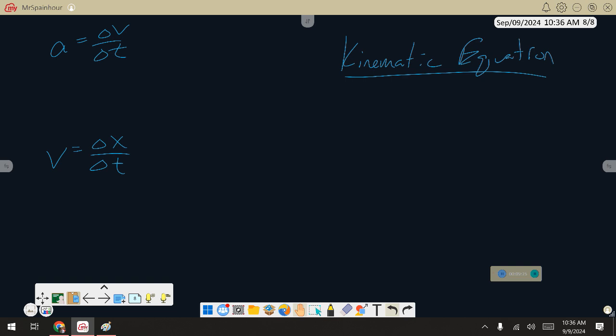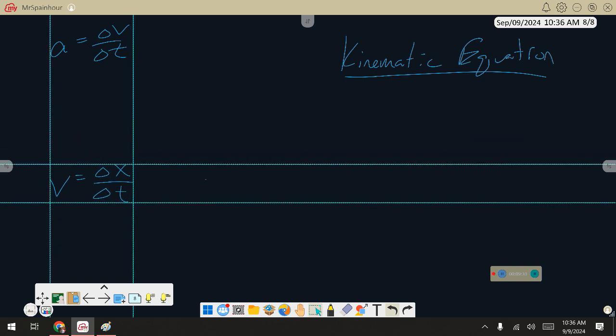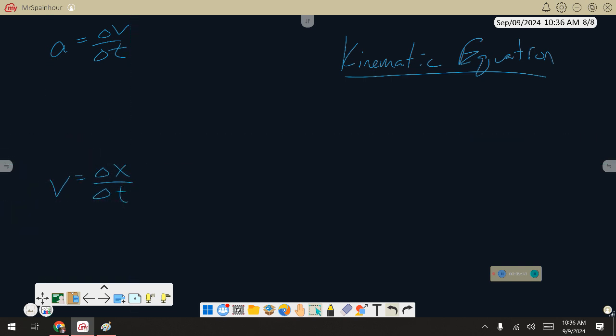All right. The first equation is pretty darn easy. And actually, in all seriousness, it is basically just this equation rearranged. So it's good to know that the first equation is literally just this rearranged. We're going to talk about a couple of subparts within it. To start off with,